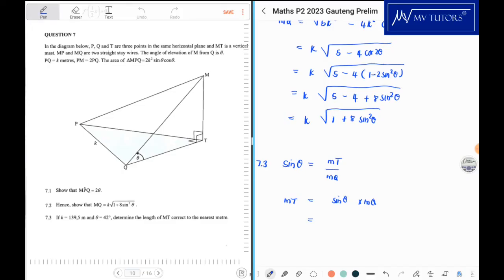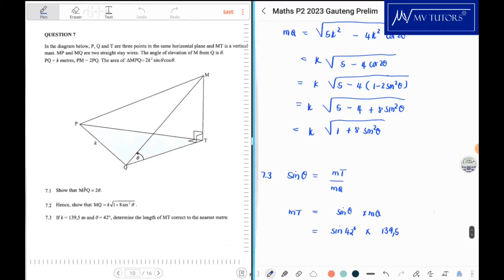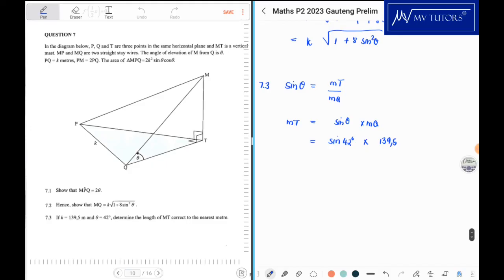And they've told us that theta is 42. So we can say sine 42 degrees multiplied by MQ, which we just determined in the previous question. It'll be 139,5 multiplied by the square root of 1 plus 8 sine squared theta, and our theta is 42